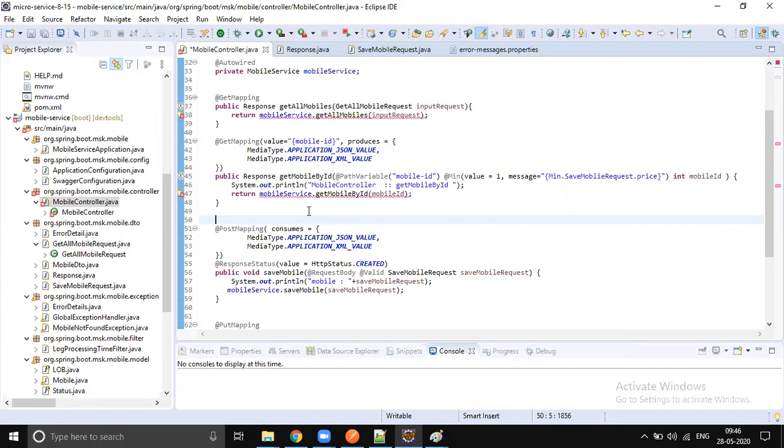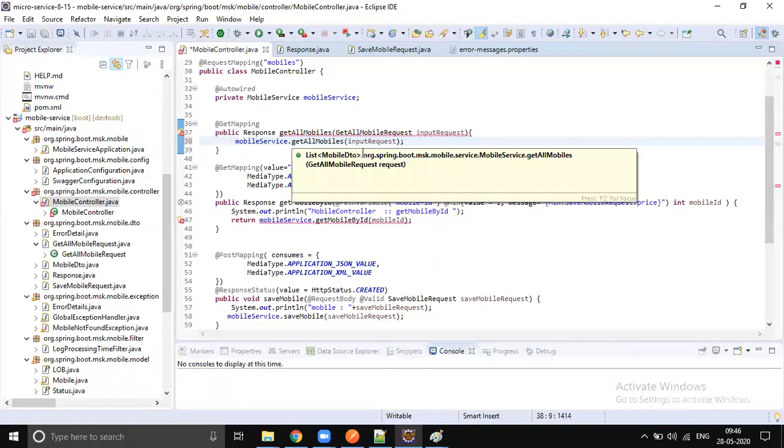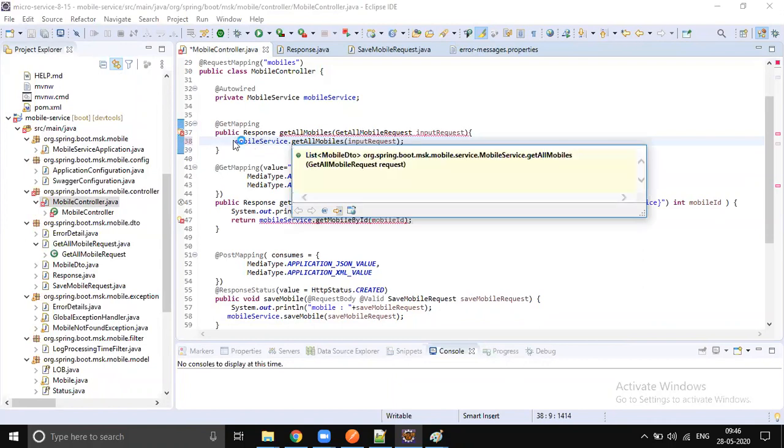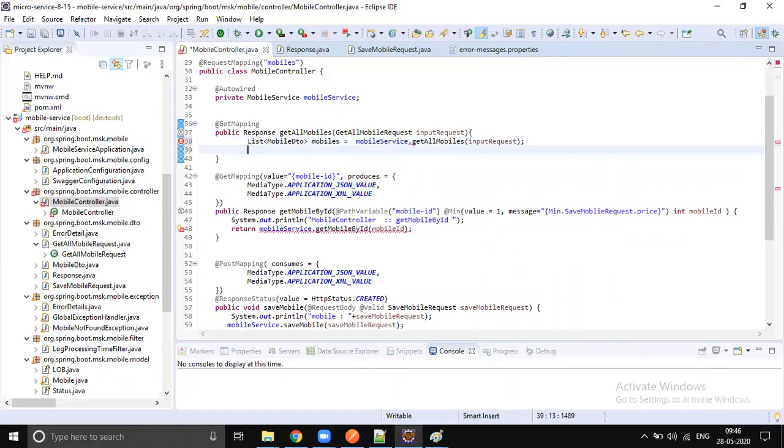Okay. So yeah, we should convert the responses into response. What this returns is a list of mobile DTO. So let's take that list of mobile DTO, mobiles, and set this in the response.